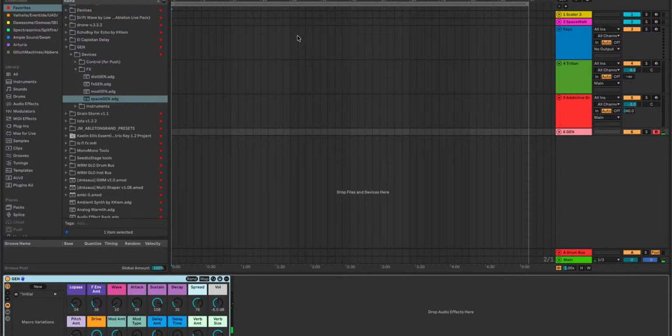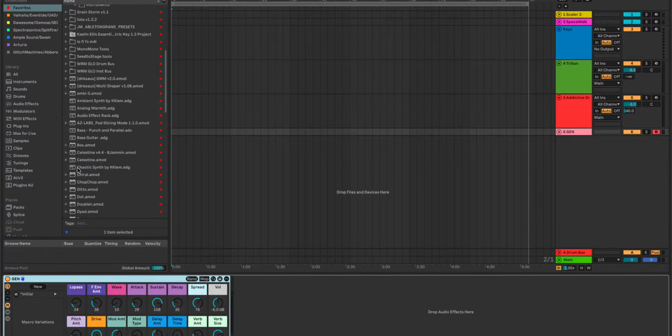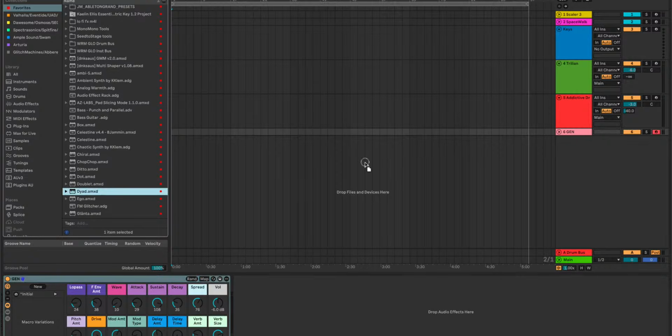Now, some people start with drums. I tend to not do that for whatever reason. However, we could start with something percussive. I have so many different options. It really comes down to whatever I feel at that moment. But I think it would be fun to try Dyad to see if we get anything. This is another